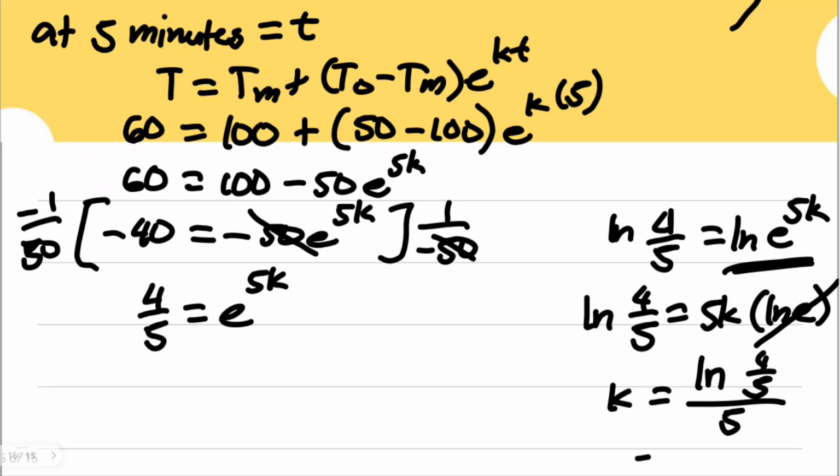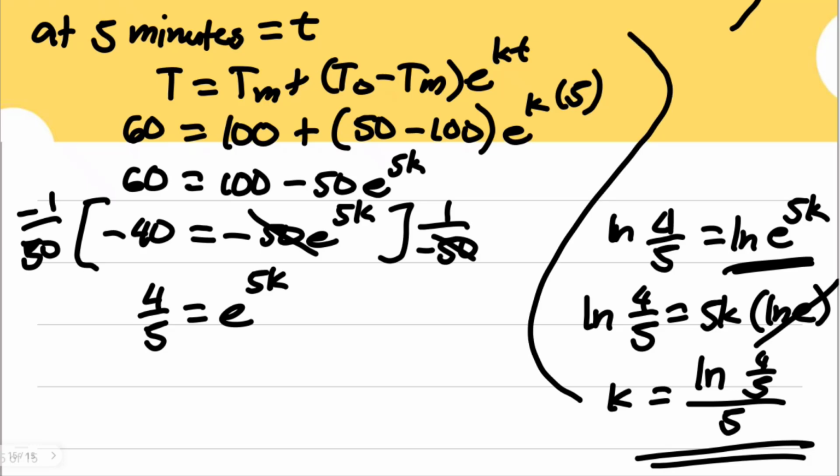However, if we're going to take the value of that, of course, it's just an approximation. You need to still apply that in the next situation in solving for t. So what I would like to suggest is this: instead of k, let us solve for e to the power of k. If I'm going to solve for e to the power of k, whatever that expression would be, I don't need to come up with the value of that. I'm just going to substitute it in a given equation as it is.